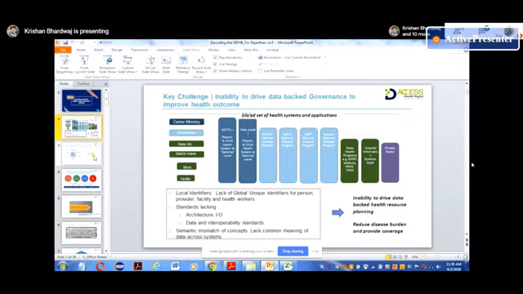And identifiers are all local. So if something is used as a patient registration number in one application, it has no meaning in the other application. Now, the problem of this model is there is no ability to derive data-backed resource planning or health outcome